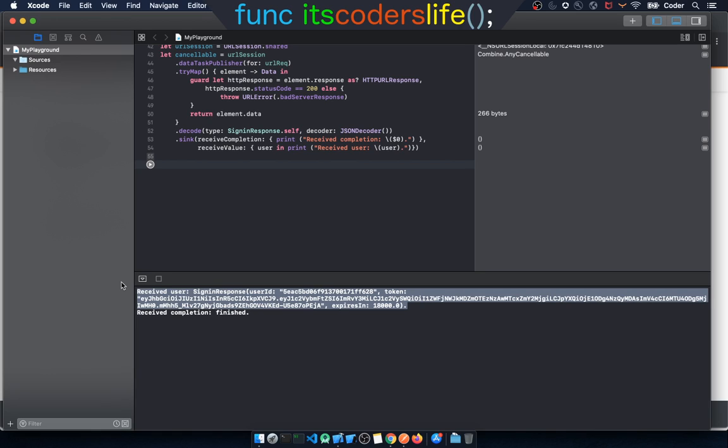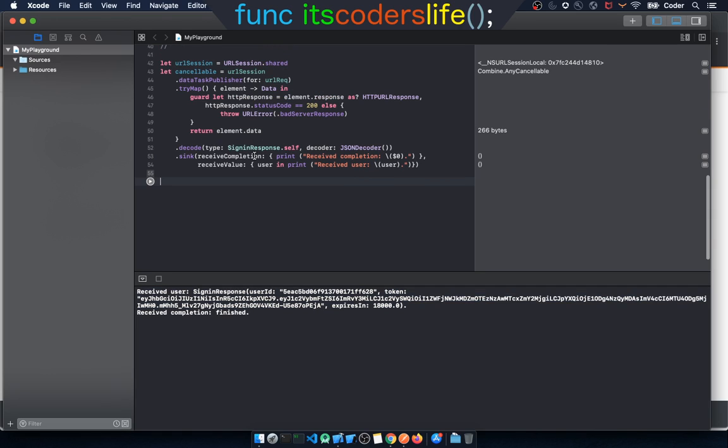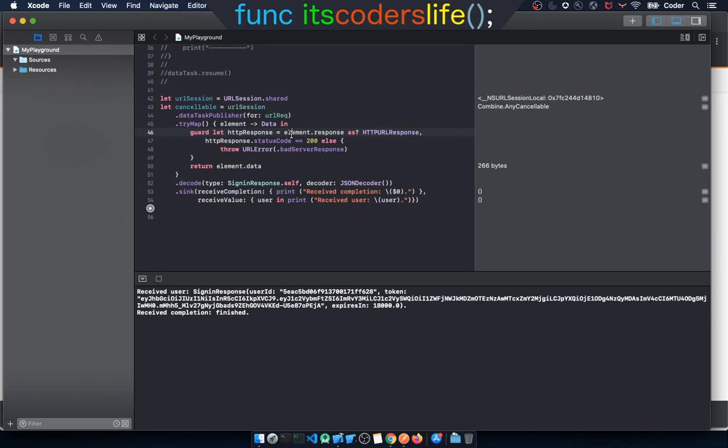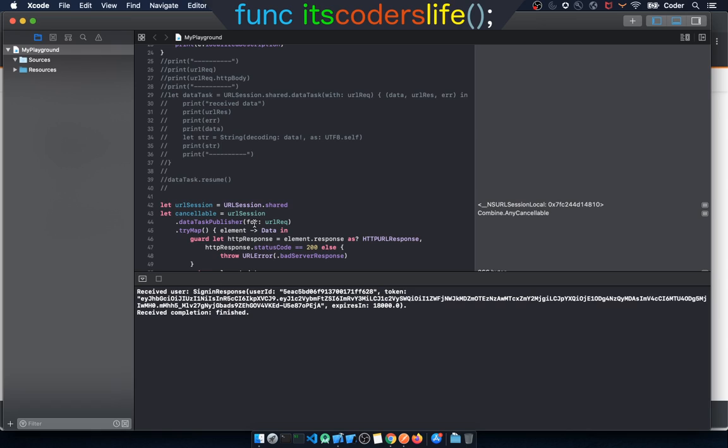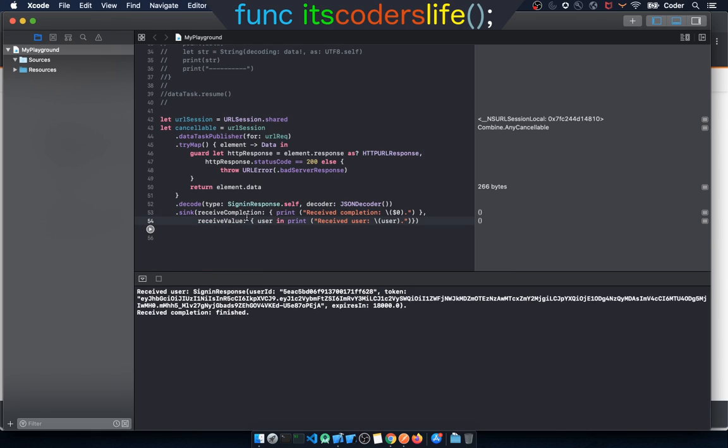Okay, we got this all right. So try map HTTP and we are decoding using decodable. Then we are syncing. Received completion, received